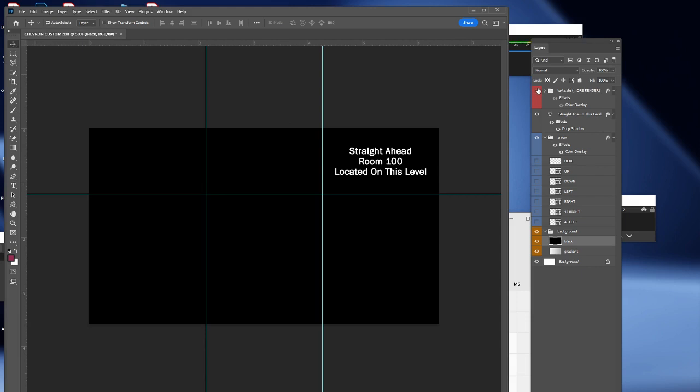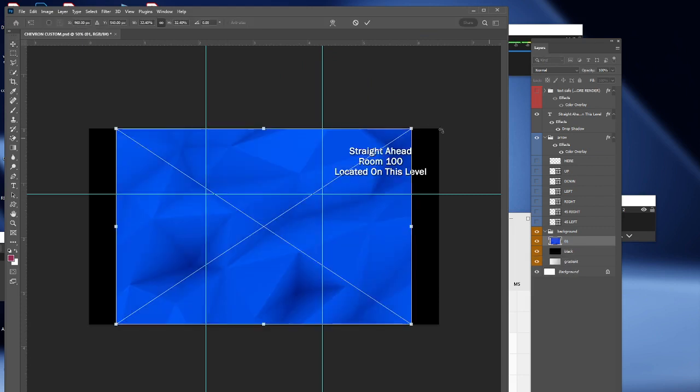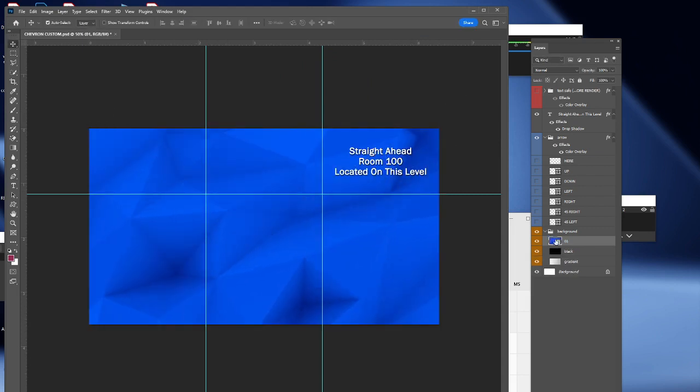If you bring up the text safe area, you can see just a rough estimate of where those bezels are going to land. So let's start a design. We are going to start by dropping in a background. We're going to scale it to fit. We're going to make sure the background is in the background folder of the Photoshop template, so our text is